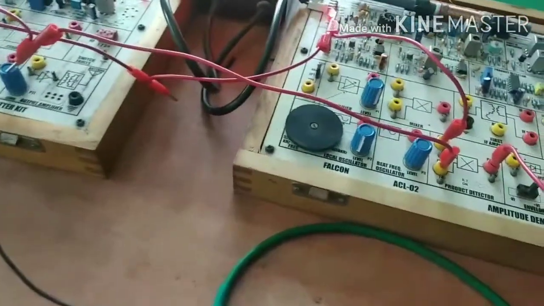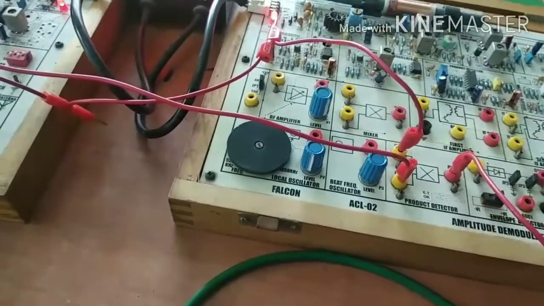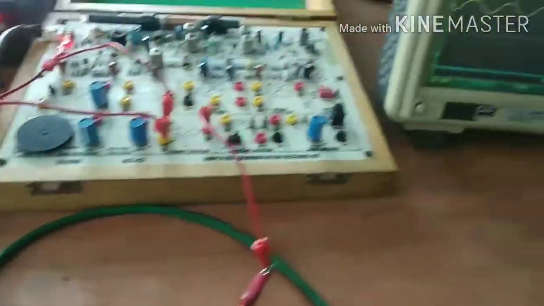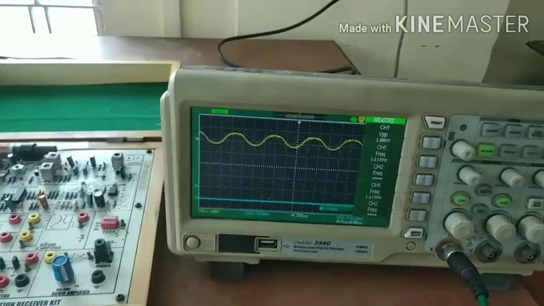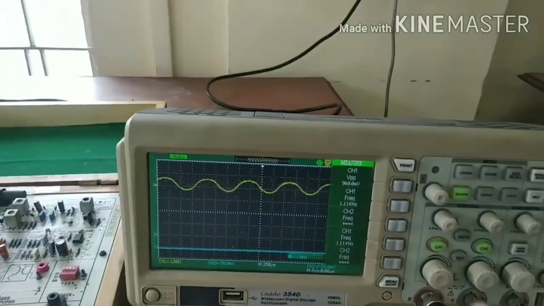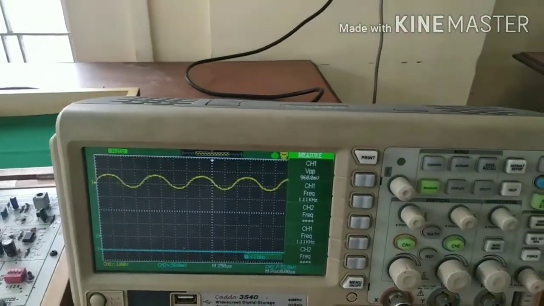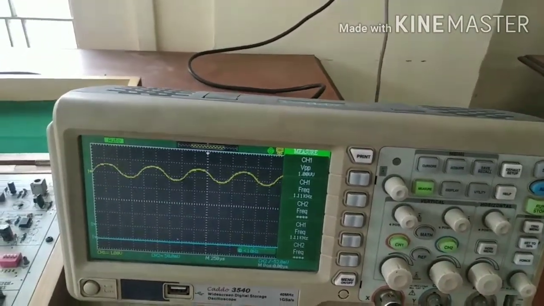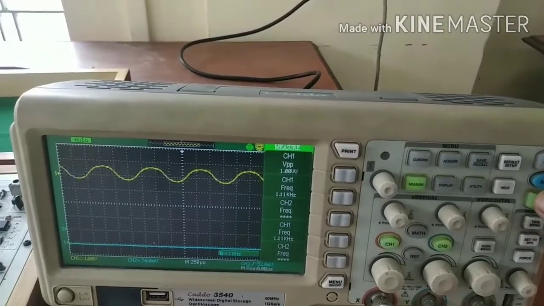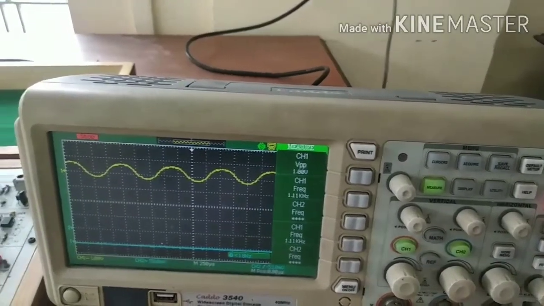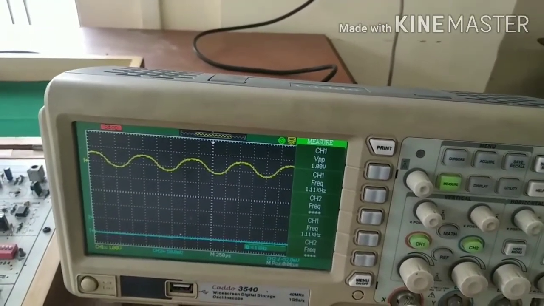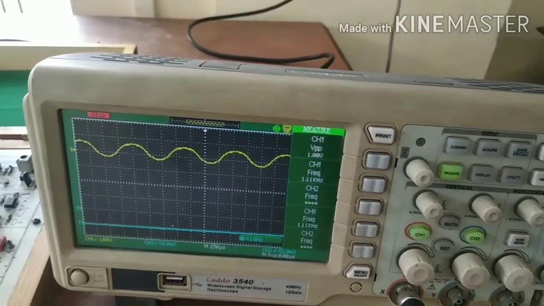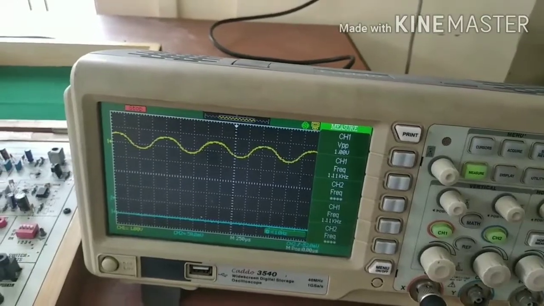Then we get the output from the output section, which is also connected through the BNC probe to the DSO, and we get the demodulated signal from here. We press the measure button and auto button, then we get the wave, and press the stop button, then the waveform is stopped. Then you can get the V peak to peak and frequency of the demodulated signal.